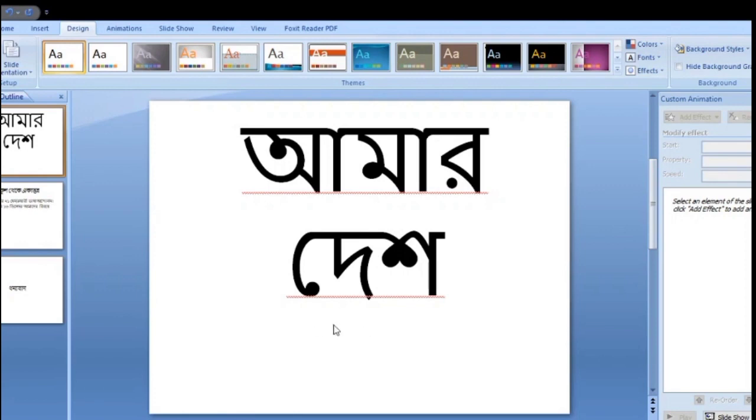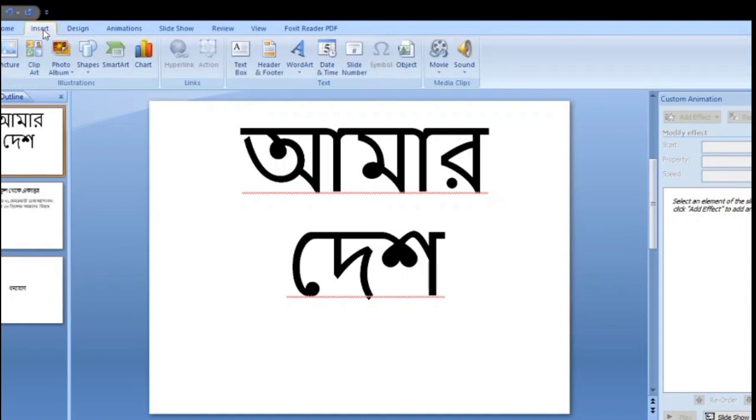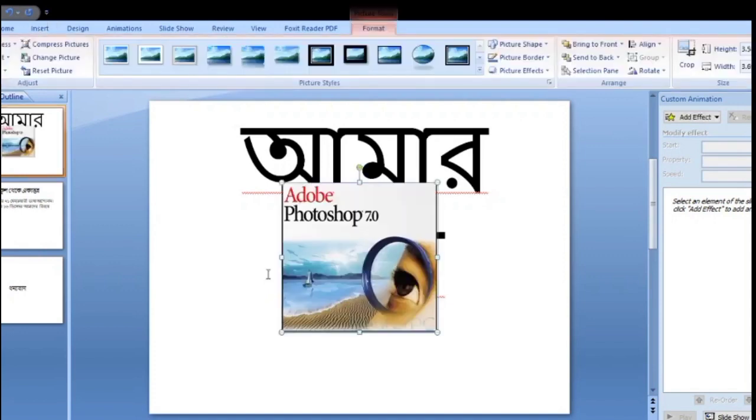Sometimes it may be required to insert a picture on the slide. How to insert a picture into a slide? Click the picture icon on the ribbon of the Insert menu. Now I choose a picture, an Adobe Photoshop picture. When the Insert Picture dialog box appears, click the Insert button and the selected picture is added to the slide.